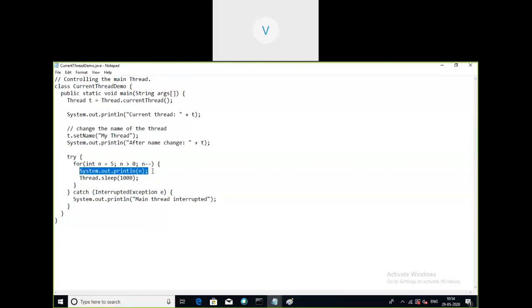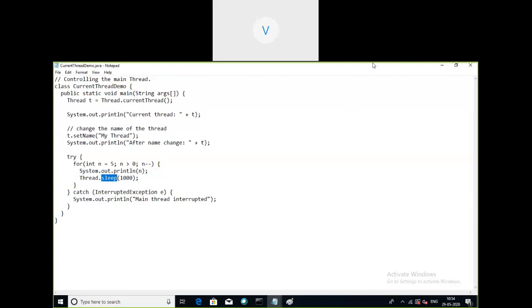After printing every output, the thread is made to sleep for 1000 milliseconds, nothing but 1 second. Sleep is a method which will temporarily suspend the execution of the thread.